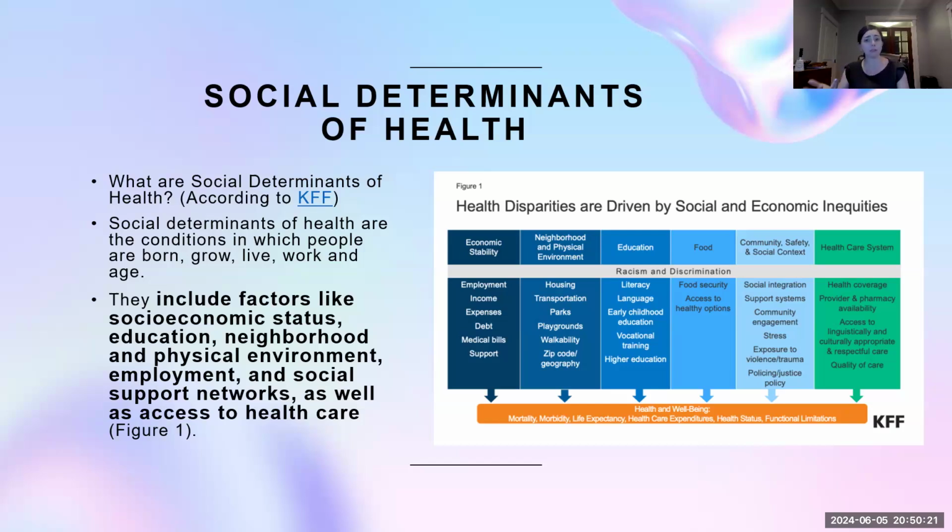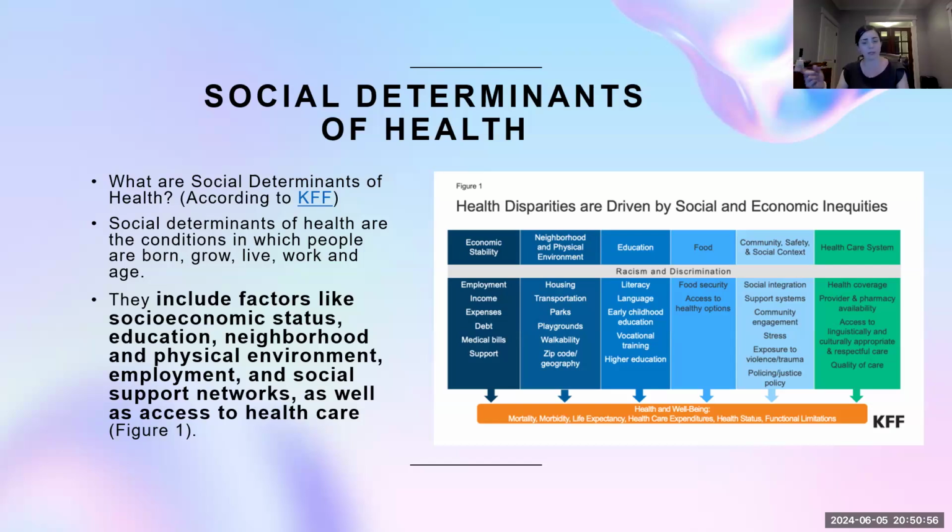Do you have housing? Do you live in a safe place that's walkable with parks and resources? Right? What's the geography like? Can you get to the store? Do you live on top of a hill or up in the holler? Education levels. What kind of early childhood education support did you receive? Are you able to read? Right? Higher education. Were you able to go to college? Is that something you chose to pursue? Food and food security, access to healthy food, food deserts, right? So this keeps going. And then we've got, of course, community factors, community engagement, stress, relationships, and then lastly, our healthcare system.